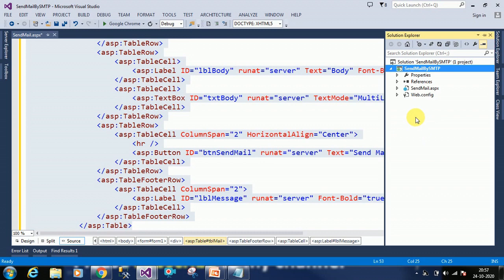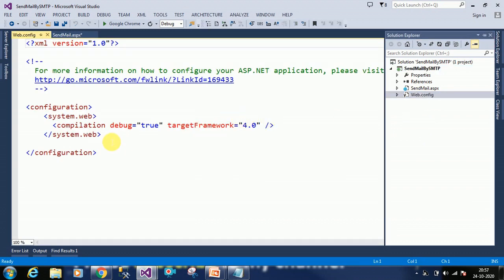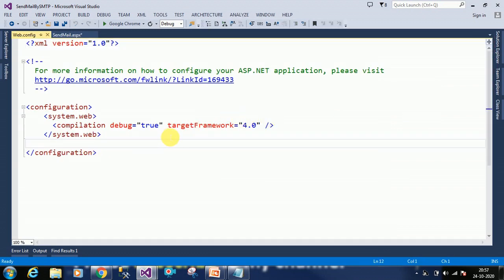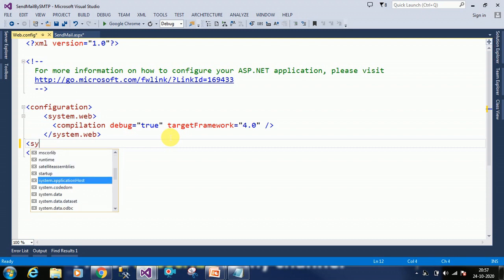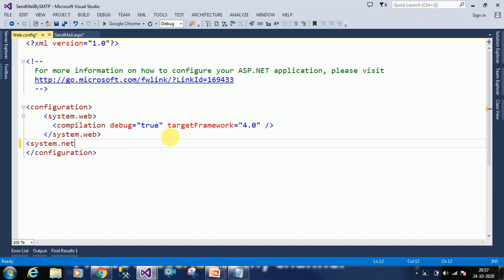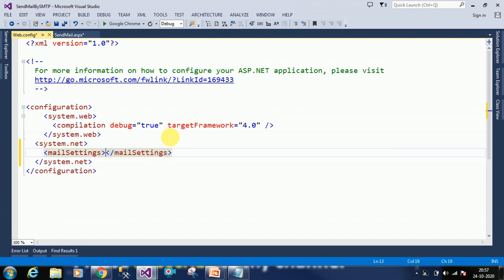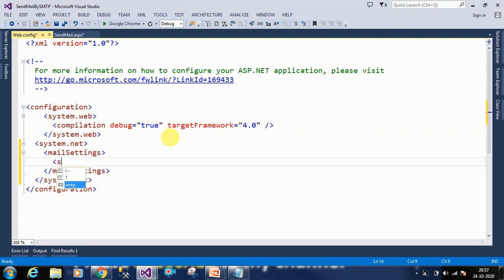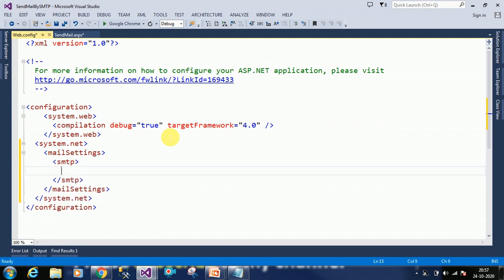Click on our web.config, double click. Here we need system.net. I want mail settings here. I'm going to configure SMTP. SMTP is Simple Mail Transfer Protocol.